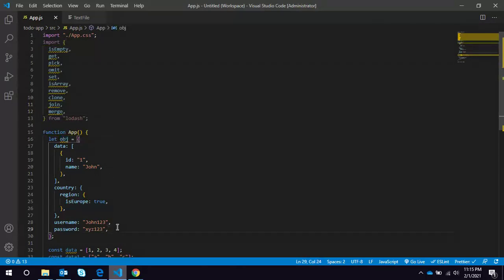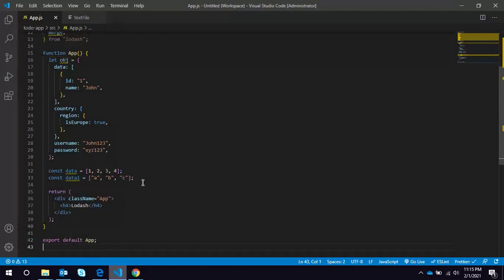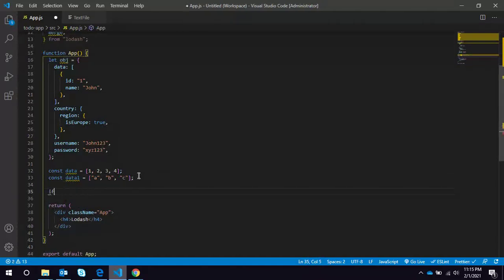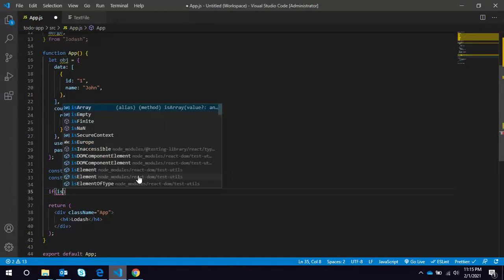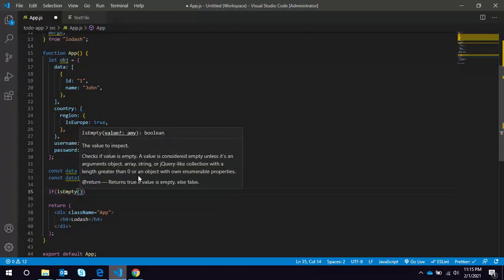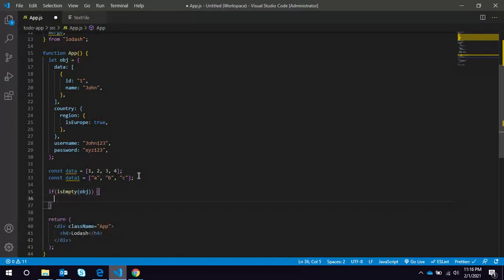First we are going to see isEmpty. We input one condition, and it returns a boolean value, true or false.